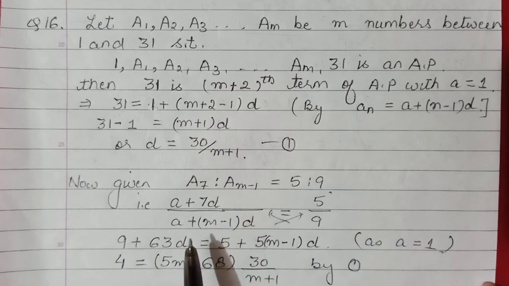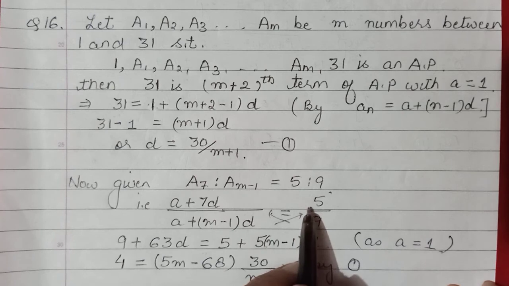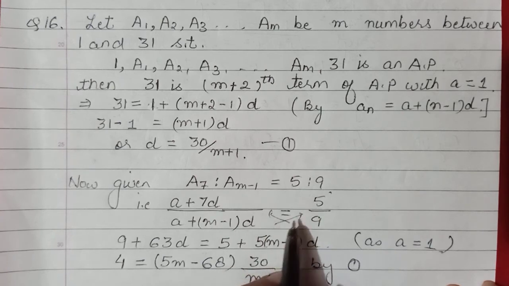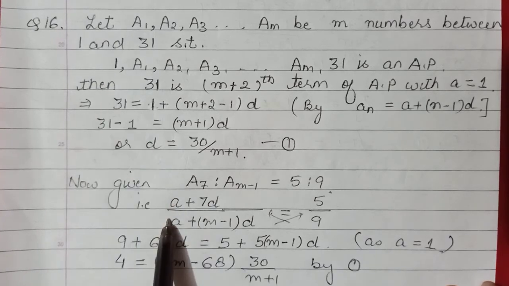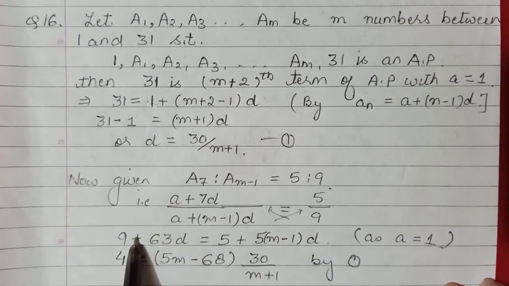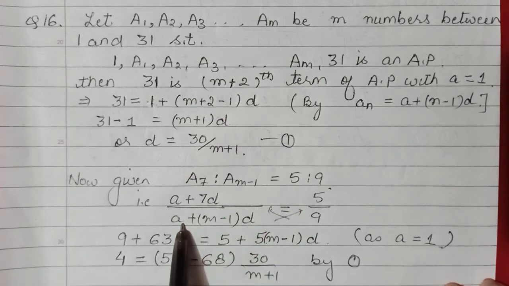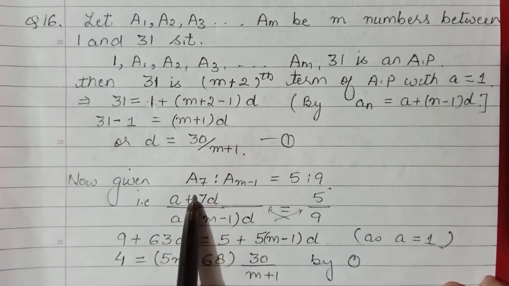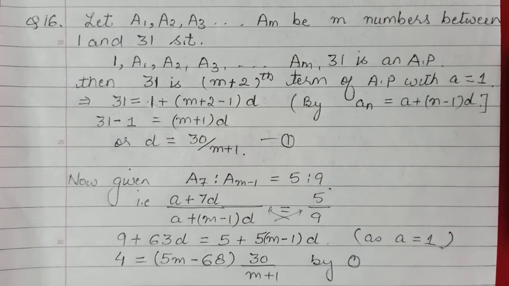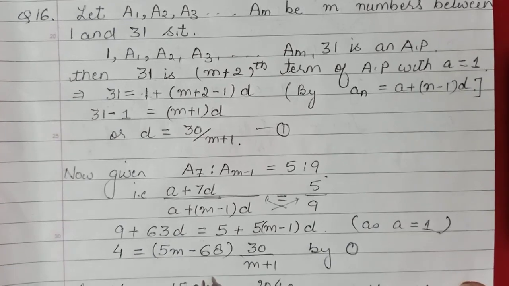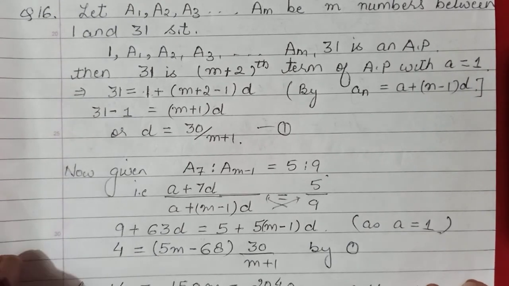So for m minus 1, it will come as A plus m minus 1 D is 5/9. Again cross multiplying, simply you have to solve the equation. A we already know, the first term is 1, so we put its value here as 1. 1 into 9 will make it 9. Then 5 into 1 will make this 5. Then 7 9s are 63. This way just multiply, collect all your numbers one side, your D one side. Then collect D one side, all the numbers the other side, and then in the end put the value of D out here.